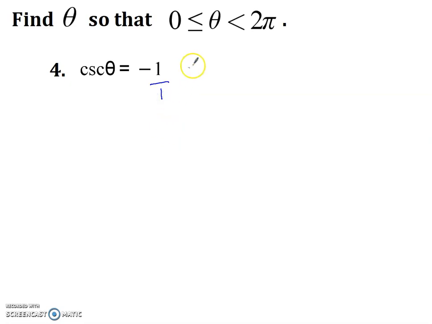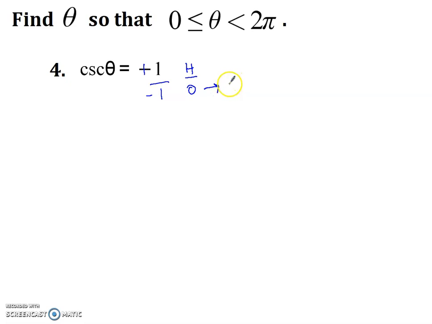So that's -1 over 1. Cosecant goes with sine, so that's going to be hypotenuse over the opposite. I know my hypotenuse can never be negative, so that means the opposite side is negative. And then I have to decide whether this is triangles in a quadrant, whether it's quadrantal, or whether it's no solution. Okay. So since my hypotenuse is the same as the opposite, that is going to make this a quadrantal